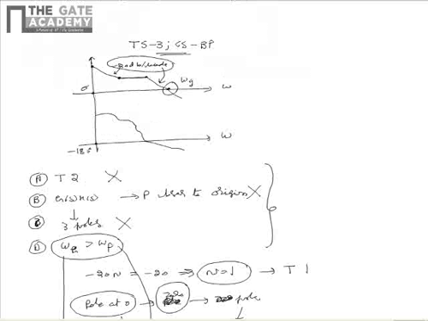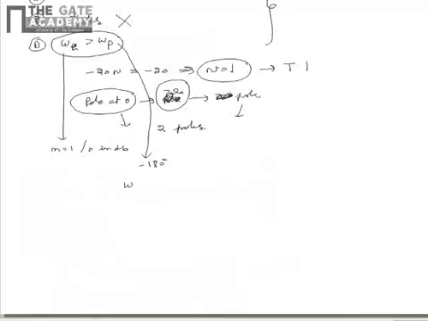Hence, from the plots we can say that the phase crossover frequency corresponds to the point marked. From this we can say that gain crossover frequency omega g is greater than the phase crossover frequency omega p. Hence, option D is correct. So from this we can say that the correct option out of the given statements is the option